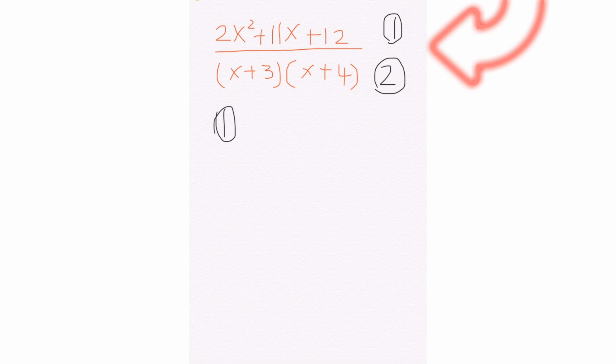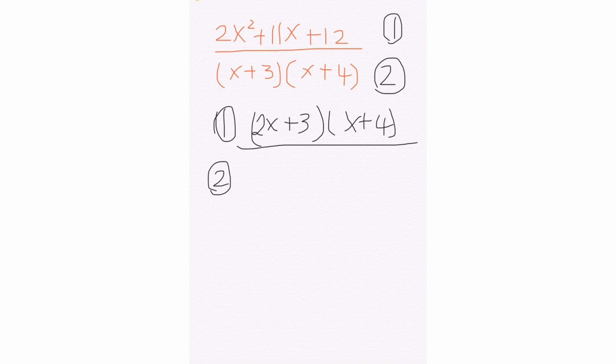Let's look at an example in which we have to simplify the fraction 2x squared plus 11x plus 12 divided by x plus 3 times x plus 4. When you think about it, you actually don't need to simplify out the bracket, so the denominator can stay like what it is, and we will try to factorize the numerator, which is the part 1 labeled,